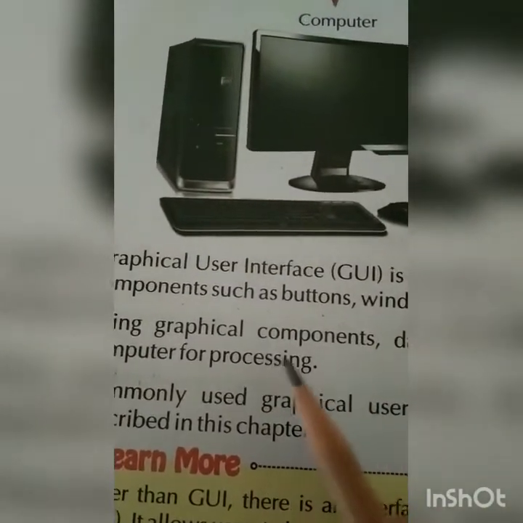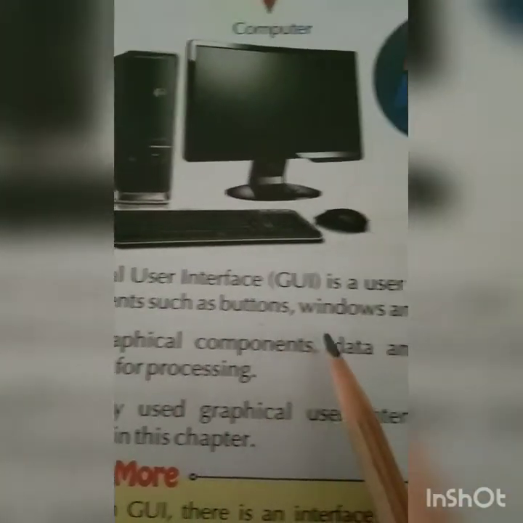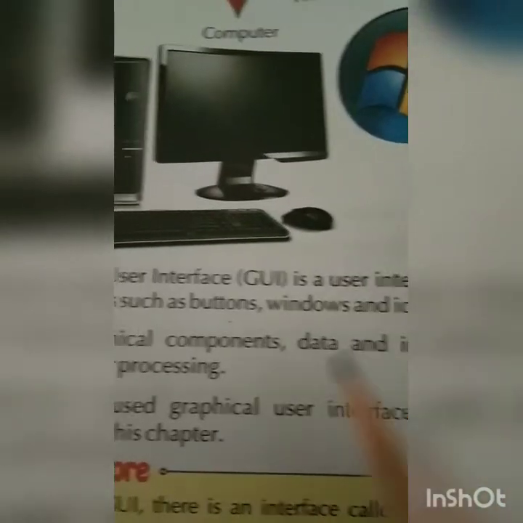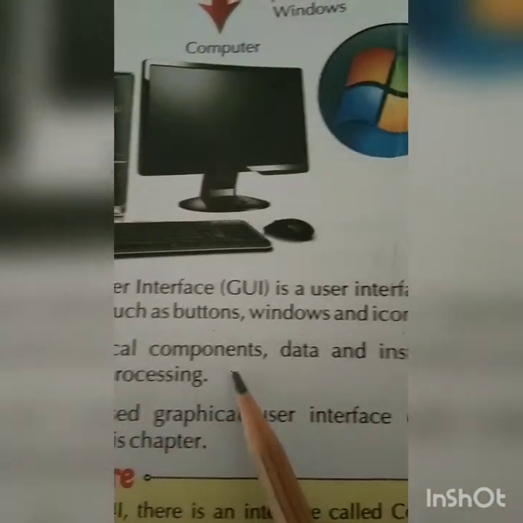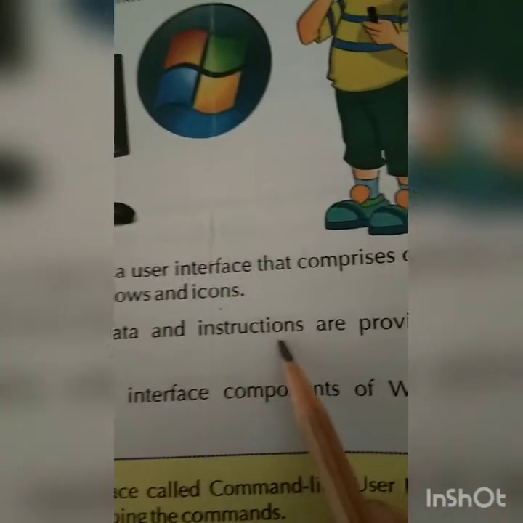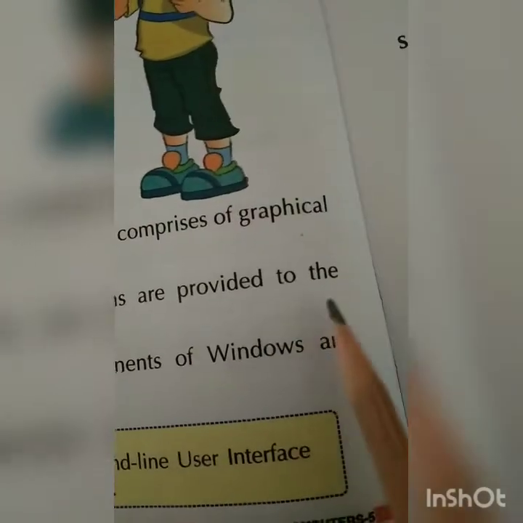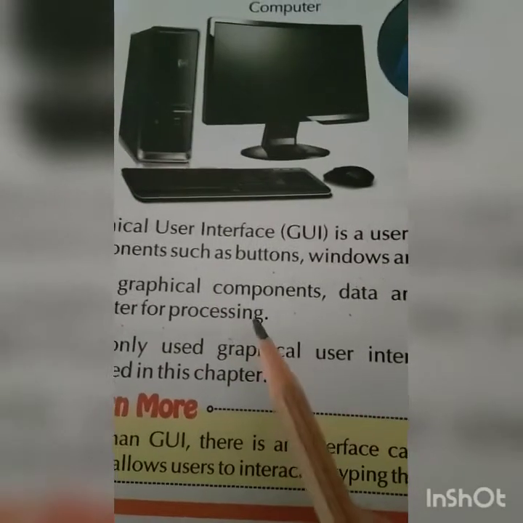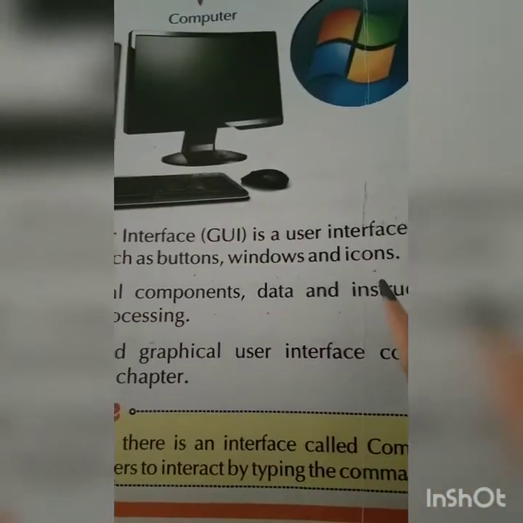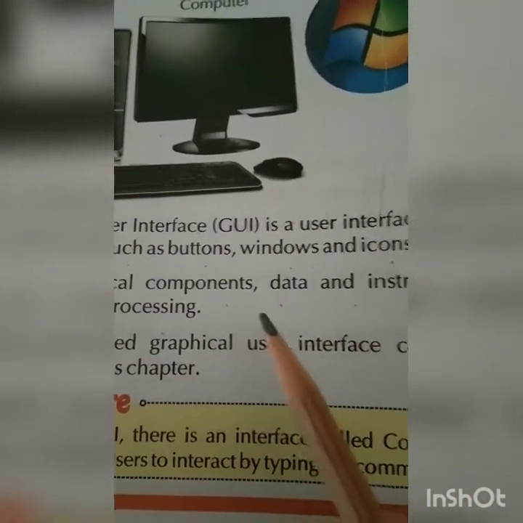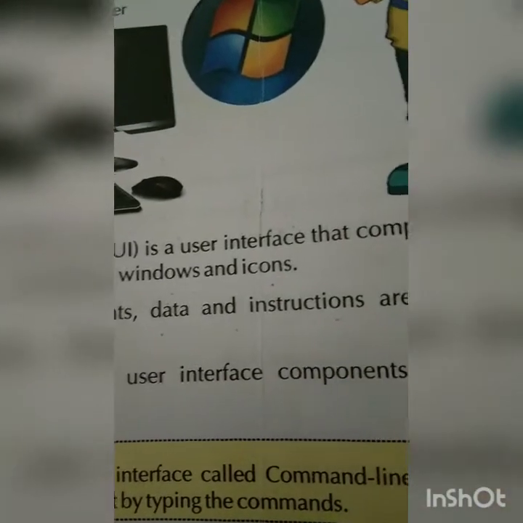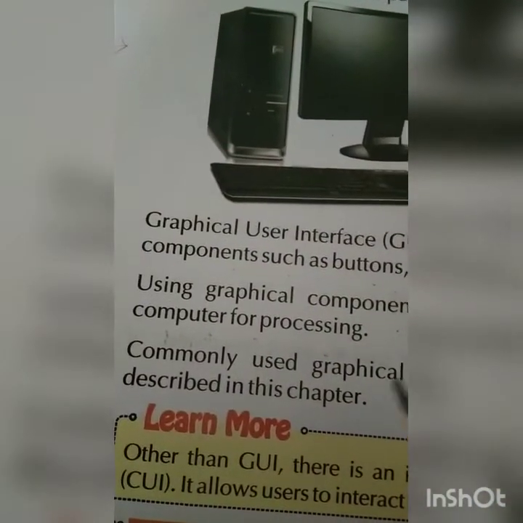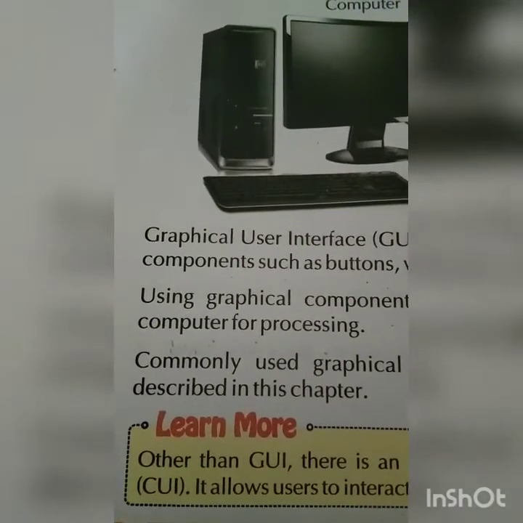Now what is the use of these components? By using graphical components, data and instructions are provided to the computer for processing. We use these buttons, windows, and icons so that the instruction given to do the work is done properly, and we get the best result from the graphical work.